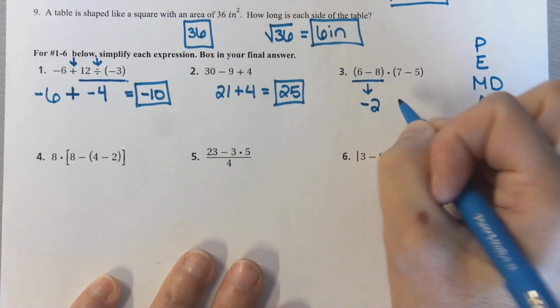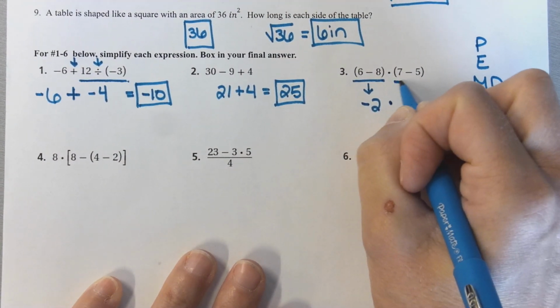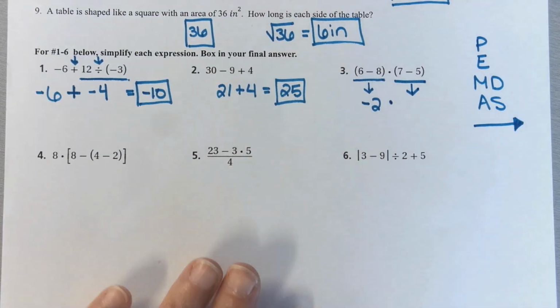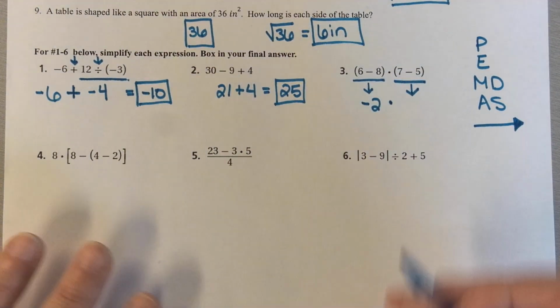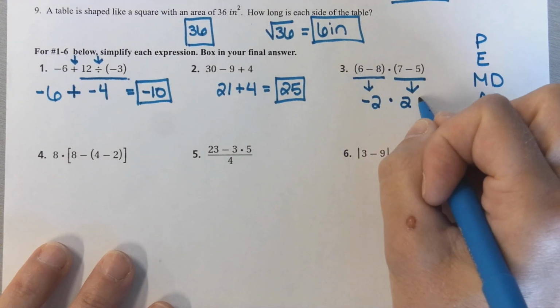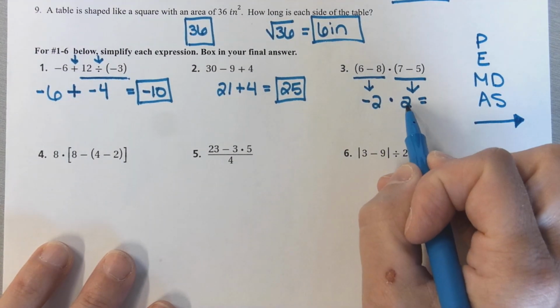Negative 2. I'm going to leave my times sign, and then I'm going to come over and do this subtraction problem. 7 minus 5, what does that give me? 2. And now we're going to multiply them together. Negative 2 times positive 2,